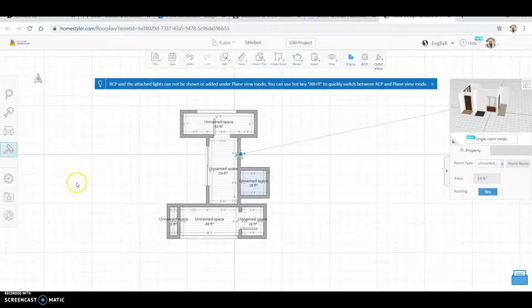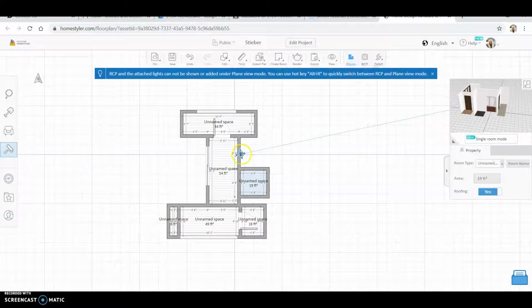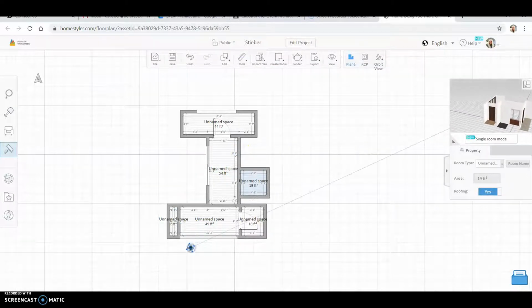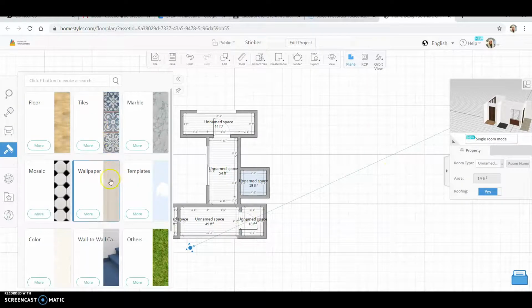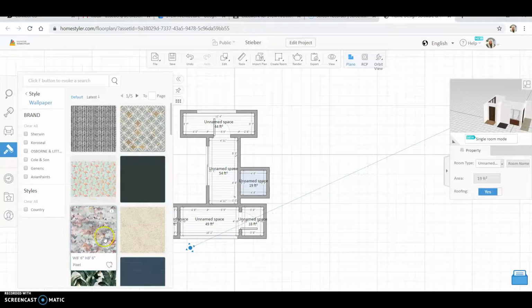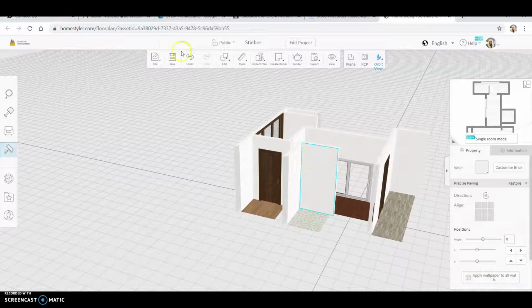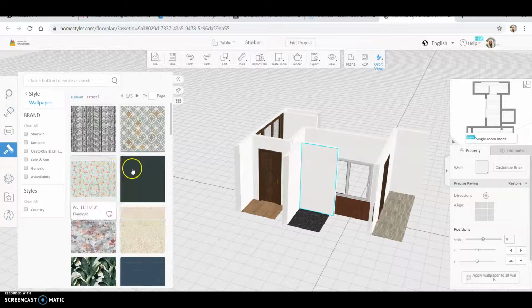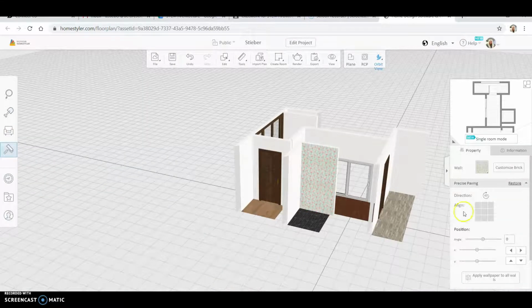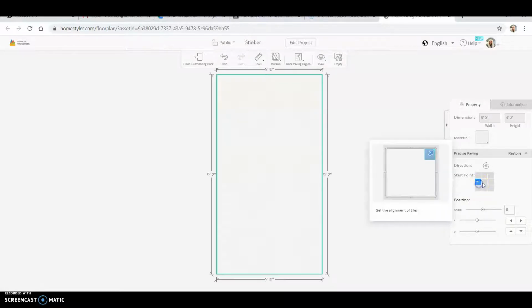Okay, and you can see your orbit. You can change where it shows. And then as far as your walls, you can add wallpaper to your walls. So let's say I want to add some nice flamingos. I chose the floor there. So I'll choose my wall there, and then I'm going to do wallpaper, and I can add the flamingo wallpaper to it. Okay. And then you should be able to choose another wall, and you can customize it,